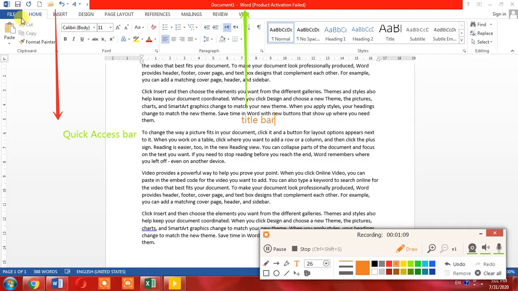Then this bar, which has different names, home, insert, design, is called menu bar.